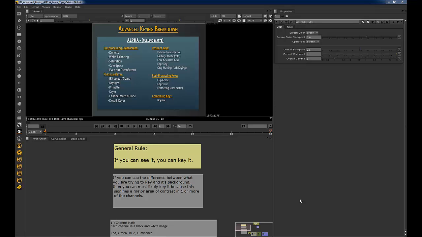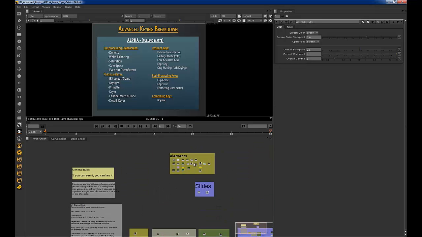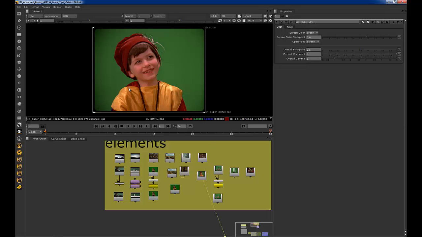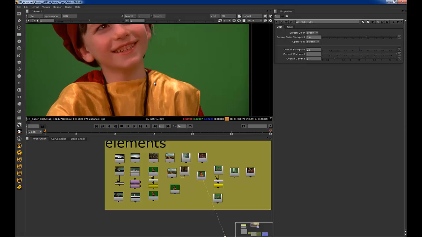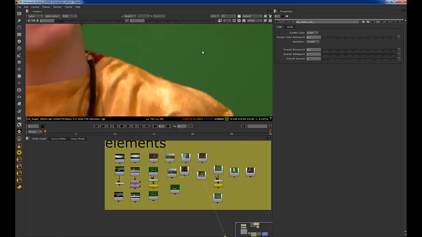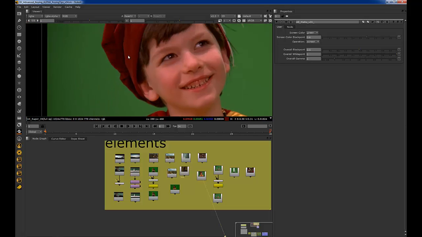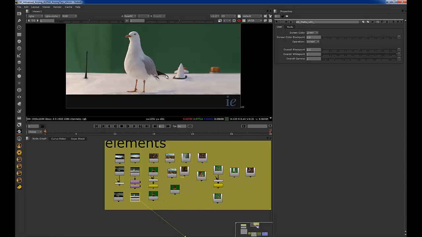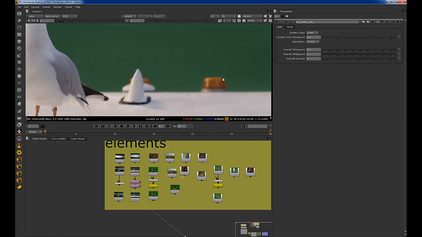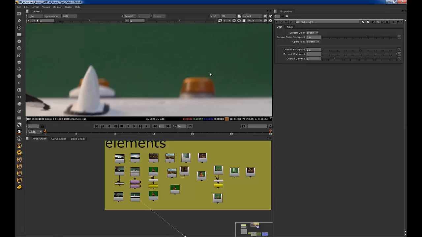So, I'm going to be talking about channel math today, and what keying really is when it comes down to the alpha. As a general rule, I would say that if you can see it, you can key it. What I'm saying there is, if you can see the difference between some pixels, then you can key it. So here, obviously, it goes from green to yellow, or green to red, and you can see that. In this example, it goes from green to white, or green to orange, and we can see that the